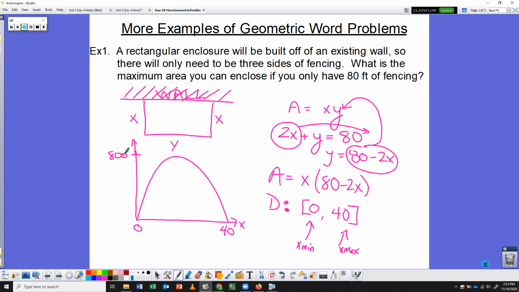We want to put the equation on here. So the area was equal to x times 80 minus 2x. And this problem is asking you to find the maximum area. So basically we want to find the peak of that graph. So if we go back to our graphing calculator,